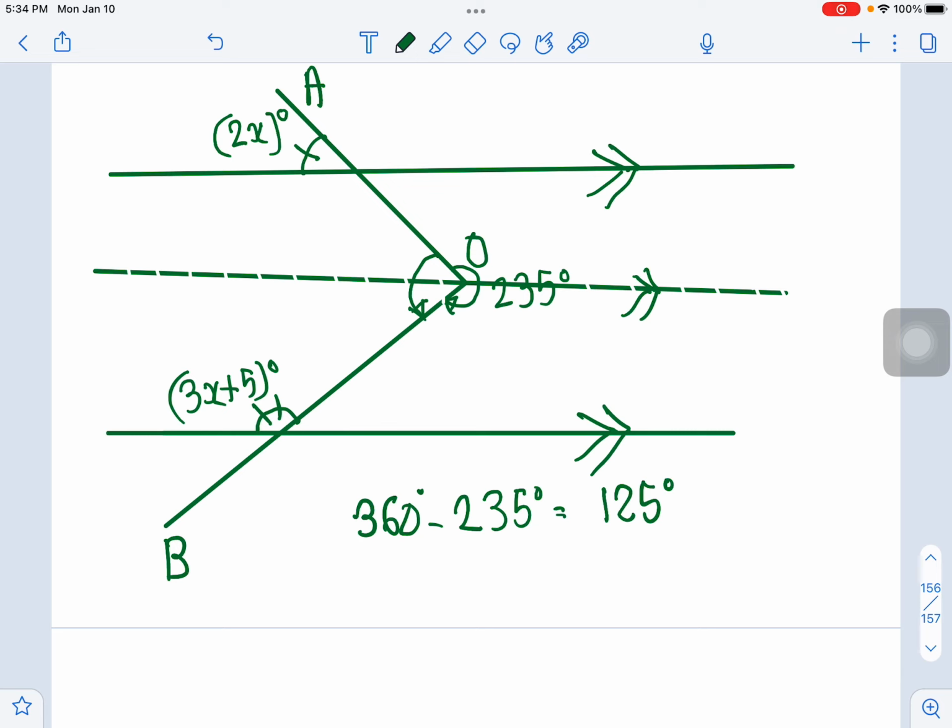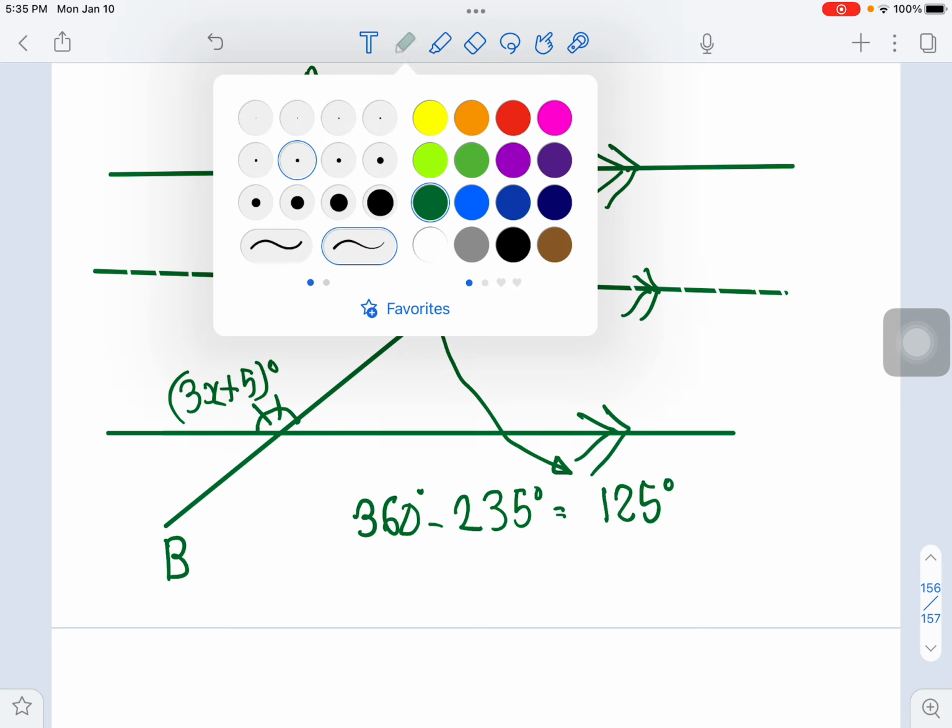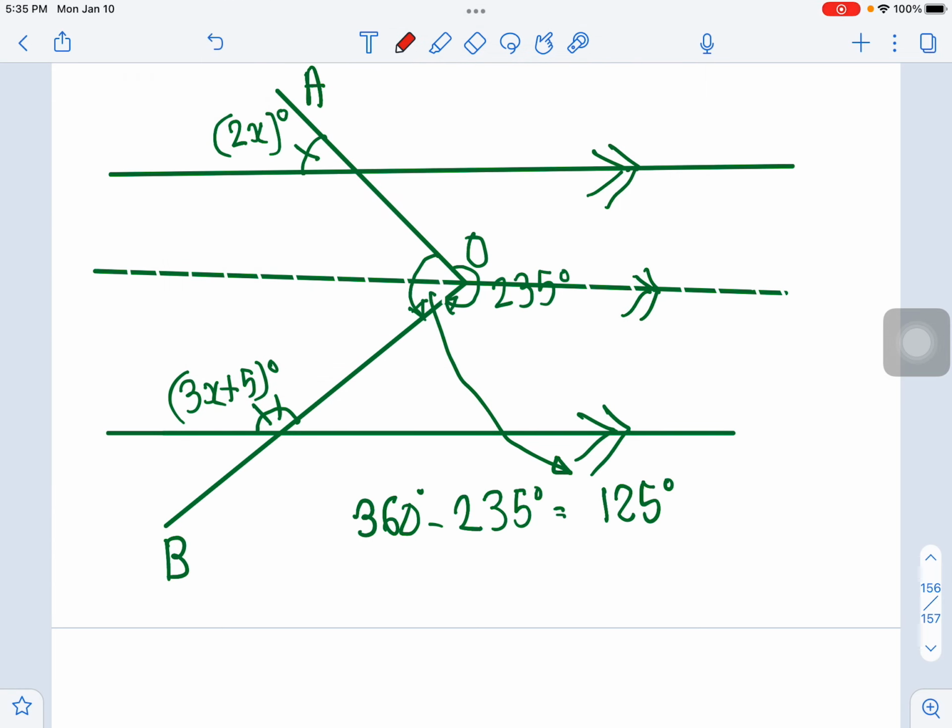Now you have this 125 degree angle, which is this entire angle. Let me point it out like this with this arrow. So it's a 125 degree angle. There are actually two parts, as you notice. Let me use a different color. So you have this one part, and you have this other part. Let me use two different notations for this. This first part, let's talk about this first part.